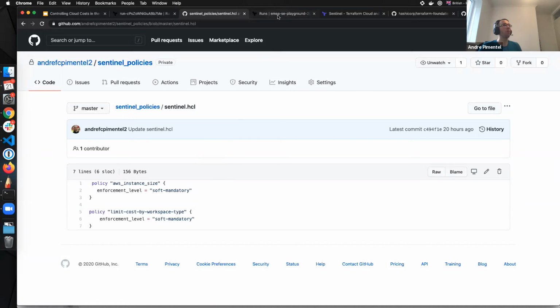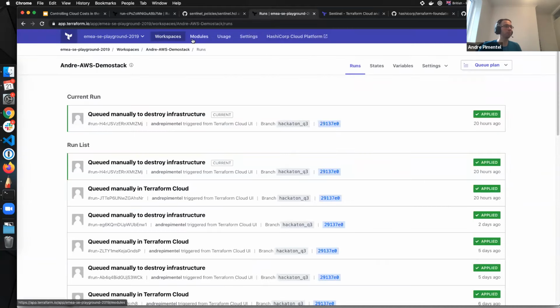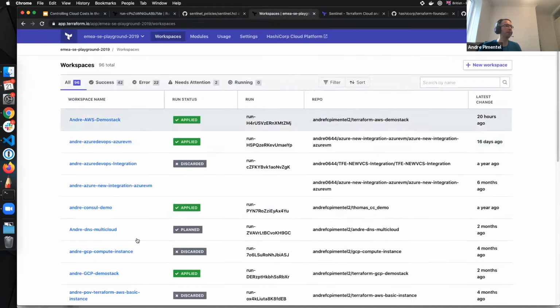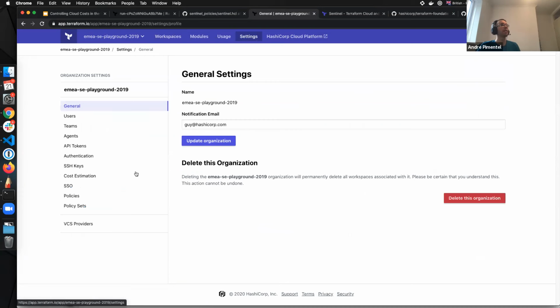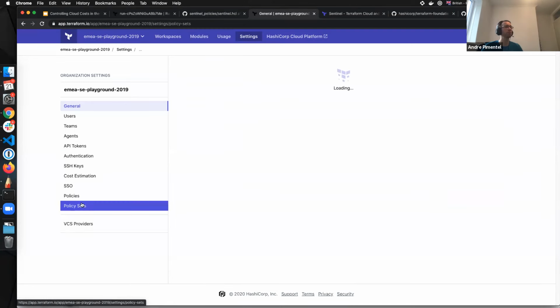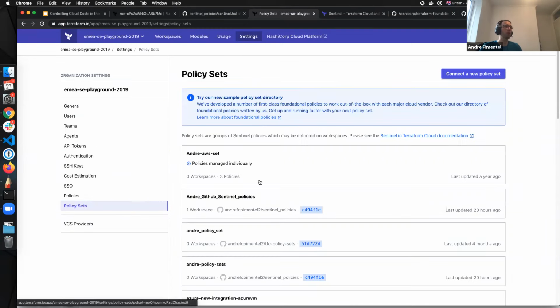For the demo today, I'll be using Terraform Cloud. You see here we have several workspaces. We have the Sentinel policy code, and the Sentinel HCL file with the enforcement levels. The next thing, in the settings of your Terraform Cloud Enterprise for this organization, is to assign which workspaces are going to be set with this policy set.